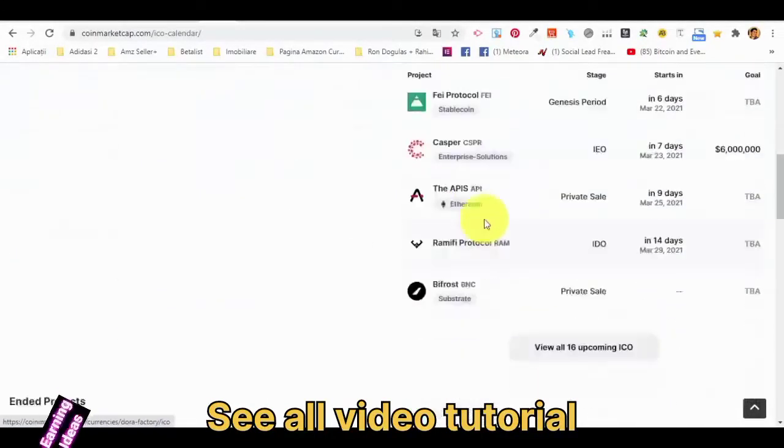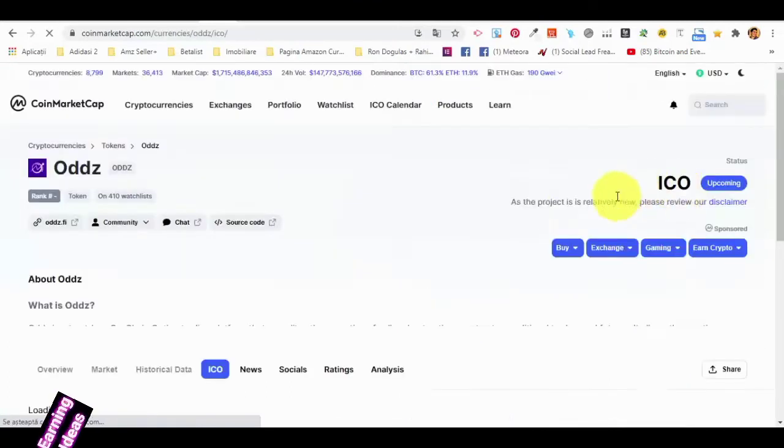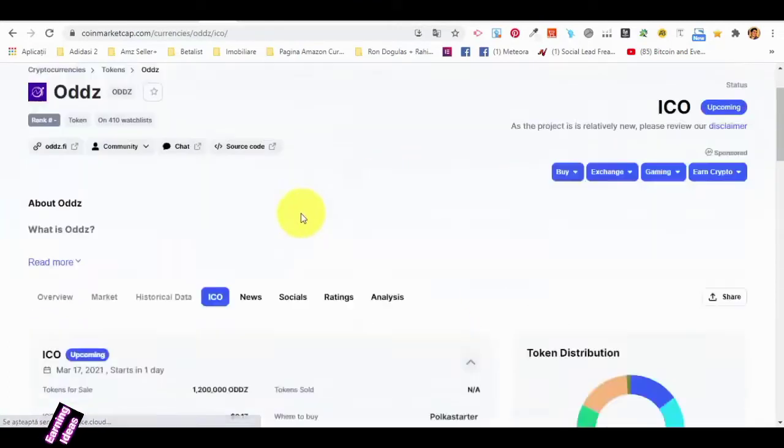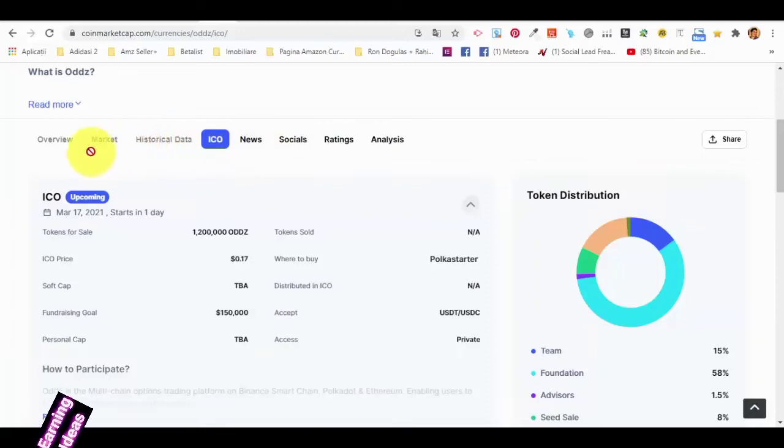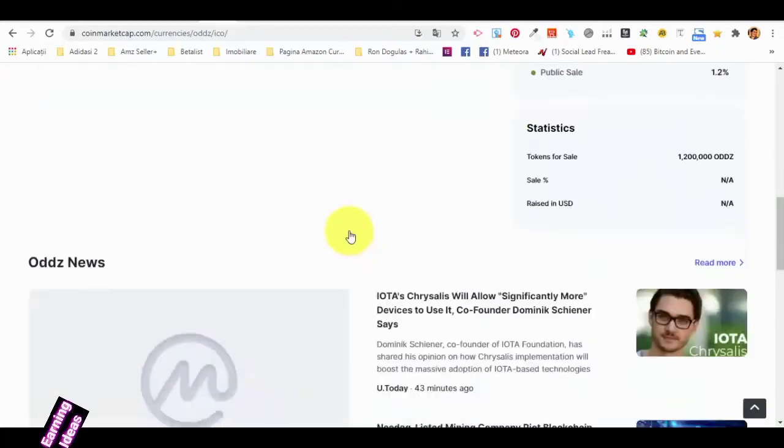Okay, and what you have to do, for example, is click on one of the projects. This one starts very soon, and you can see data about the ICO, the ICO price, the cap. So basically this is the soft cap, it's like a minimum amount that they want to get raised. Fundraising goal, they want to raise $150,000, personal cap, and so on. Okay,